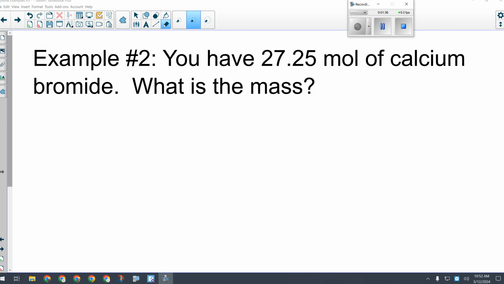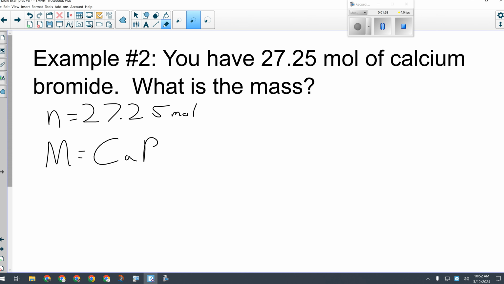So number 2 is a type 2 question, and it tells us that we have 27.25 moles. So they gave me n, 27.25 moles, and they told me it's calcium bromide in words, like you'll get it on your unit exam on Thursday. So big M is calcium with bromine. That's a +2, that's a -1, so we're looking at CaBr2,